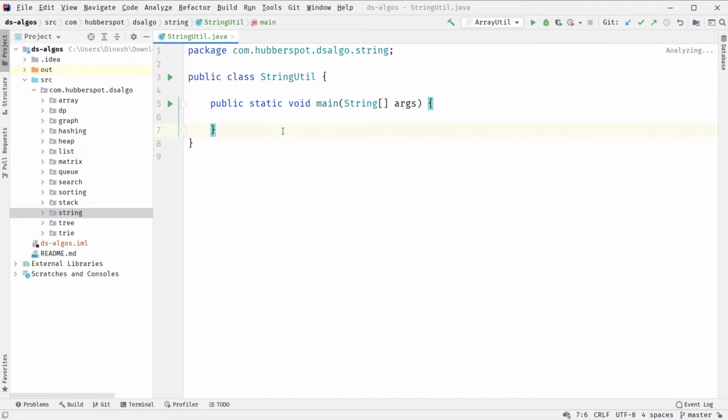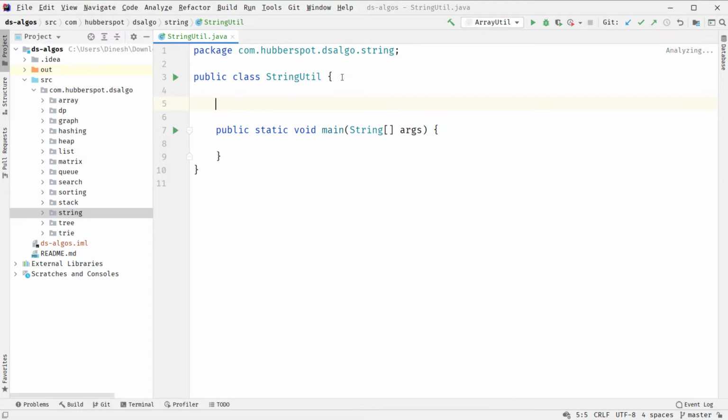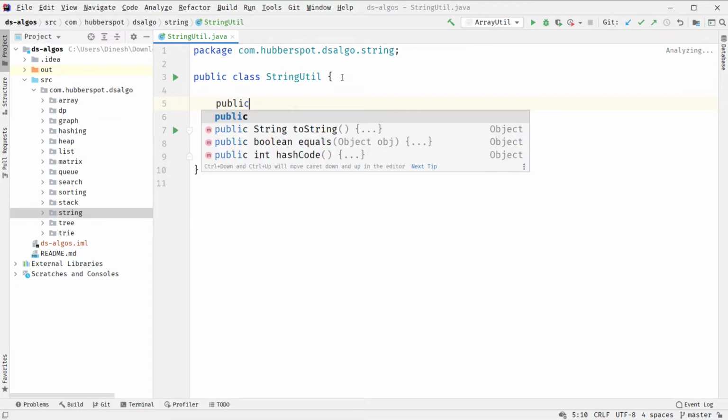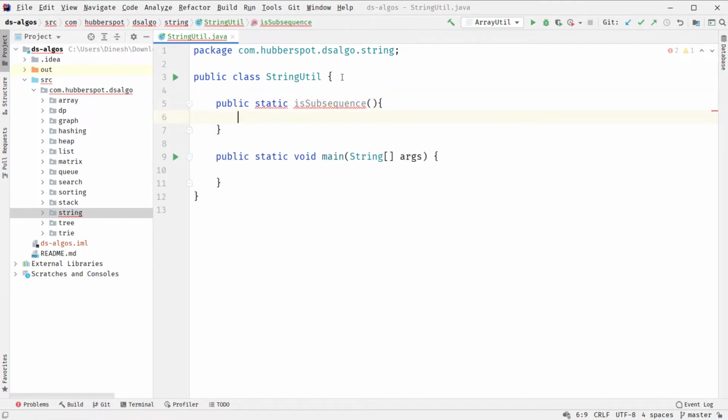Here you can see that I have created one class as string_util, and inside that class we will be creating our method, public static, and we'll give it the name isSubsequence.